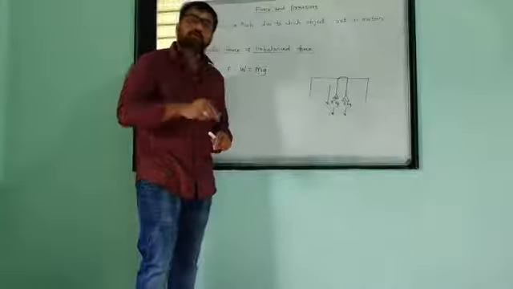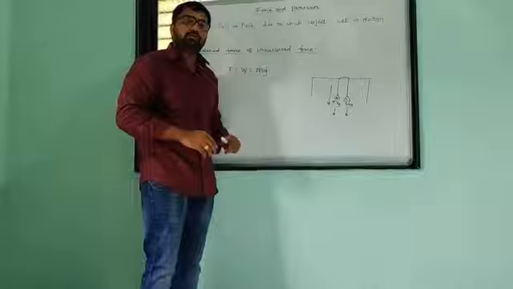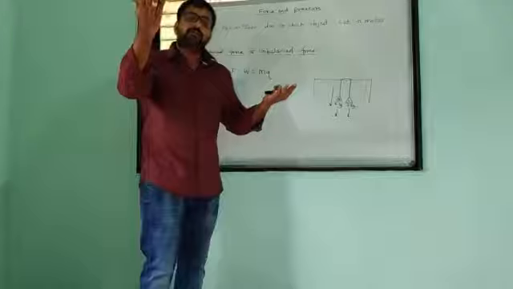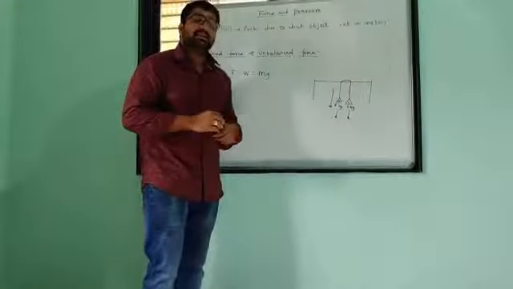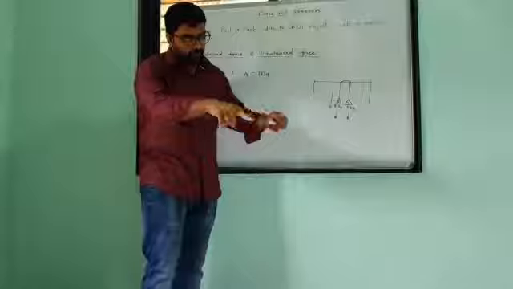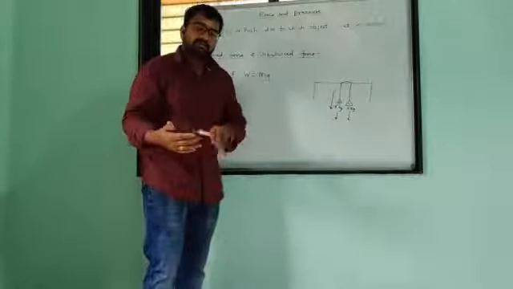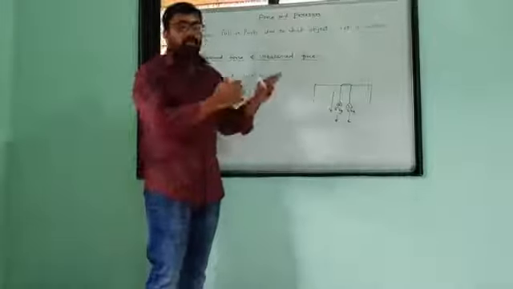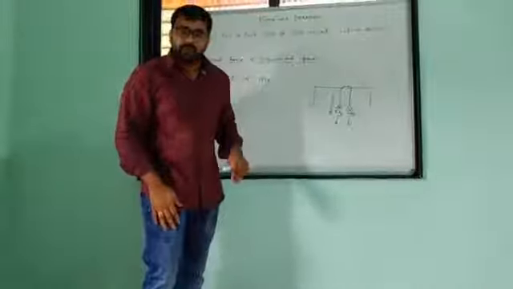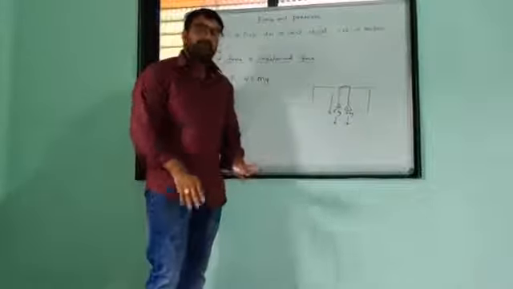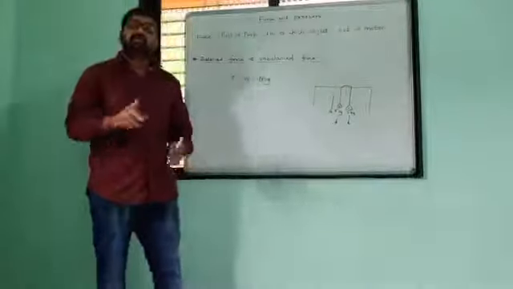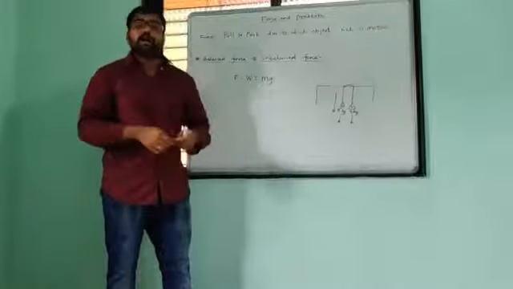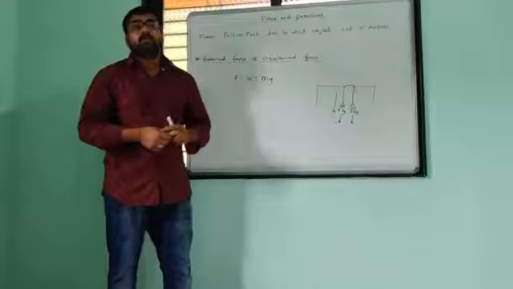Okay, so equal forces are called balanced forces, and when the values of two forces are different, one more and one less, such forces are called unbalanced forces. When we want to move a stone, we have to apply a somewhat greater force than gravity. Then and only then is motion of an object possible. So these forces are called balanced and unbalanced. Simply, balanced means their amounts, their values are equal, and unbalanced means their values are not the same.